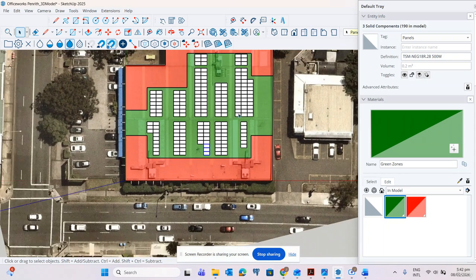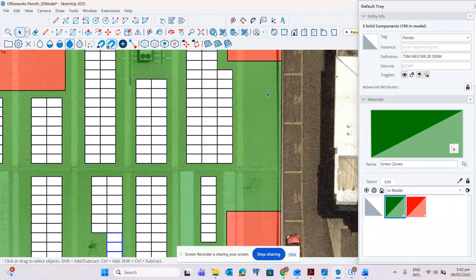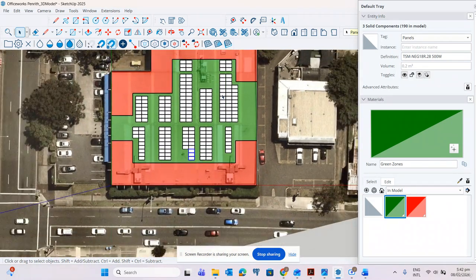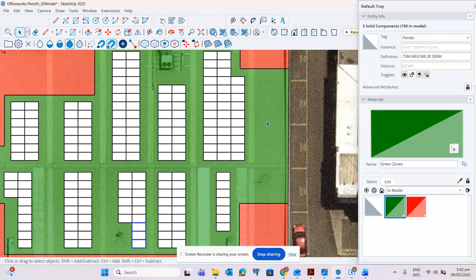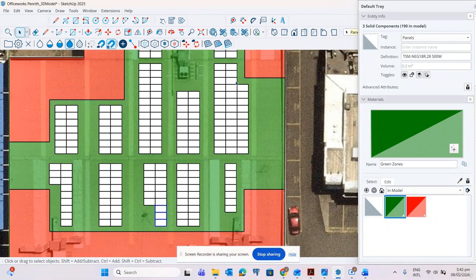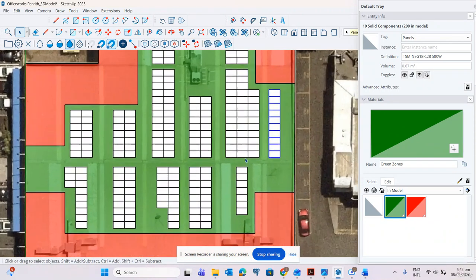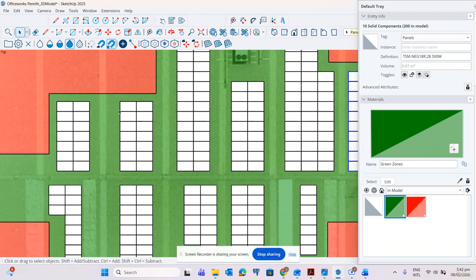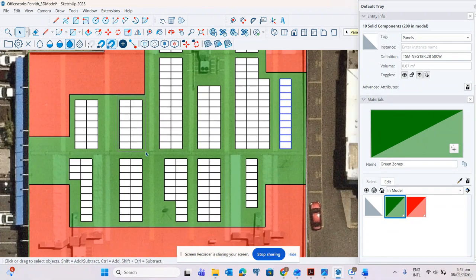190. So I think we can add panels in this area. Remaining 10. 10, okay. We can put these panels. Yeah, that's 10 panels. Actually, we can put in this area if we can move this.